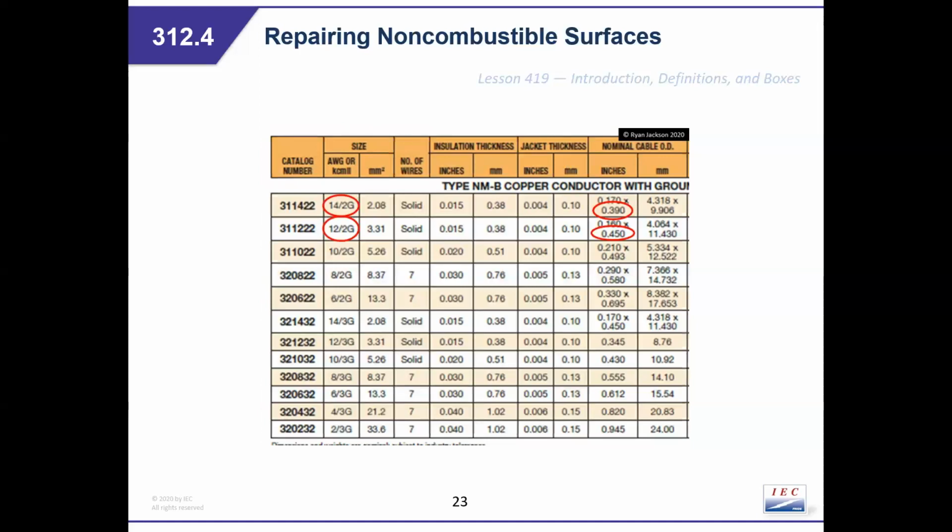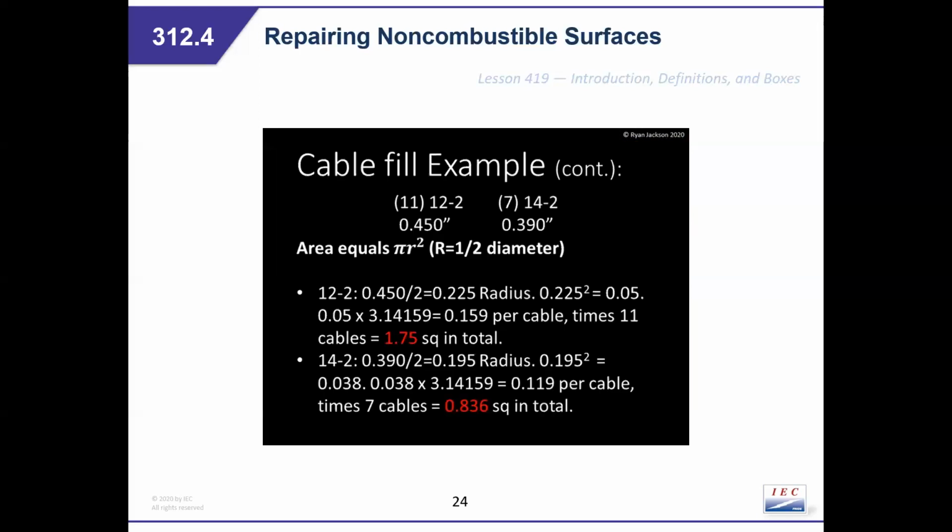For example, looking at this, you've got a 14.2 in inches. The nominal cable outer diameter is 0.39. Okay, so it's flat cable. You guys know this. It's elliptical. It's that 0.17 by that 0.39 is the size, length times width. Okay, 12.2 is that 0.16 times 0.45. Okay, so looking at that, the cable fill example with 11 12.2s,